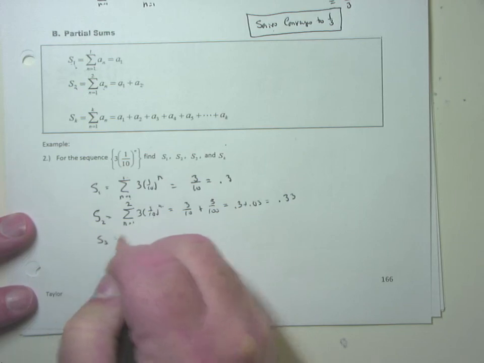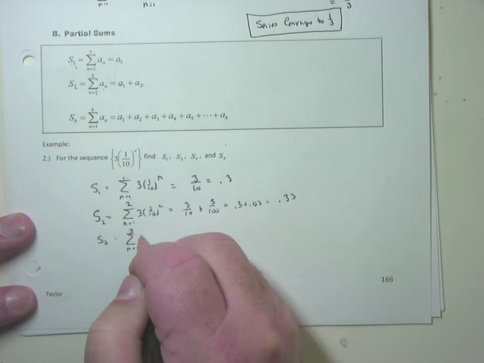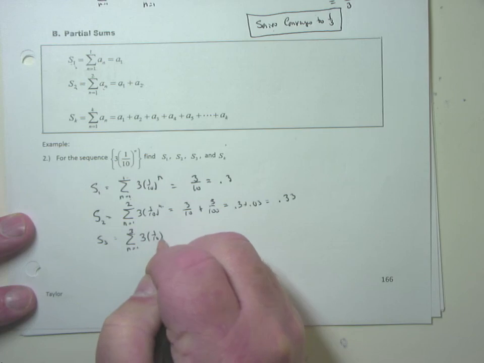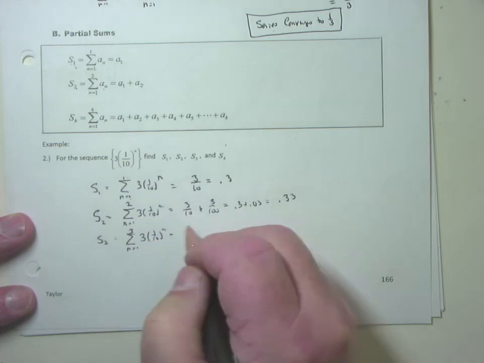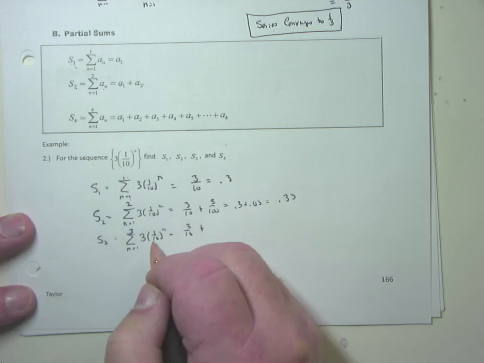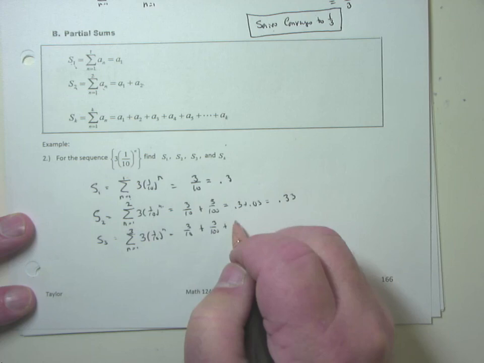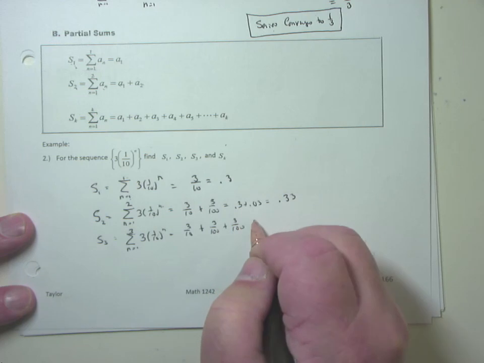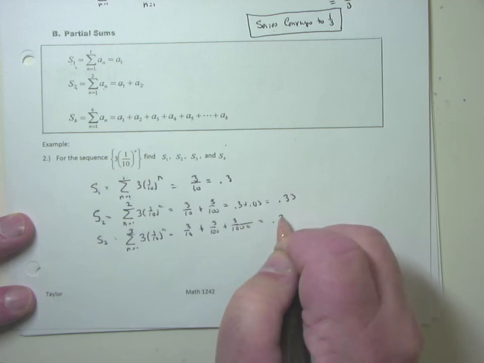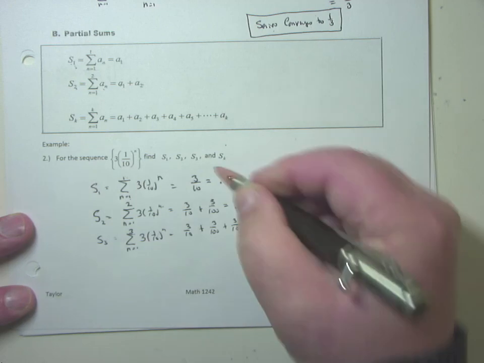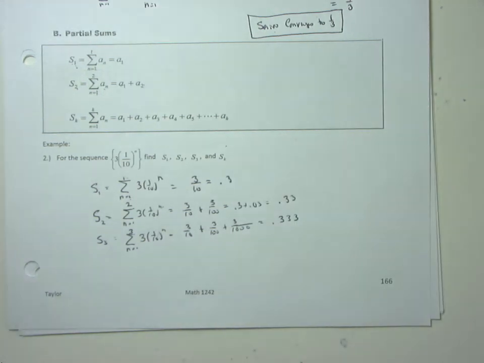S3 would be the sum, as n goes from 1 to 3, of 3 times 1/10 to the n. That would be plug in 1, that's 3/10, plus plug in 2, that's 3/100, plus plug in 3, 1/10 cubed is 1,000, so that's 3 over 1,000. And when you add that up, you get 0.333. And again, the key is to catch a pattern,